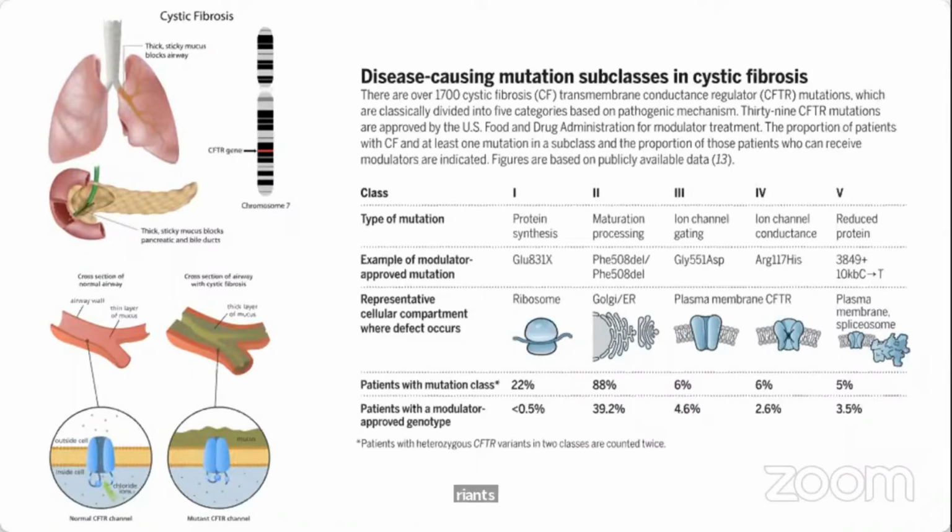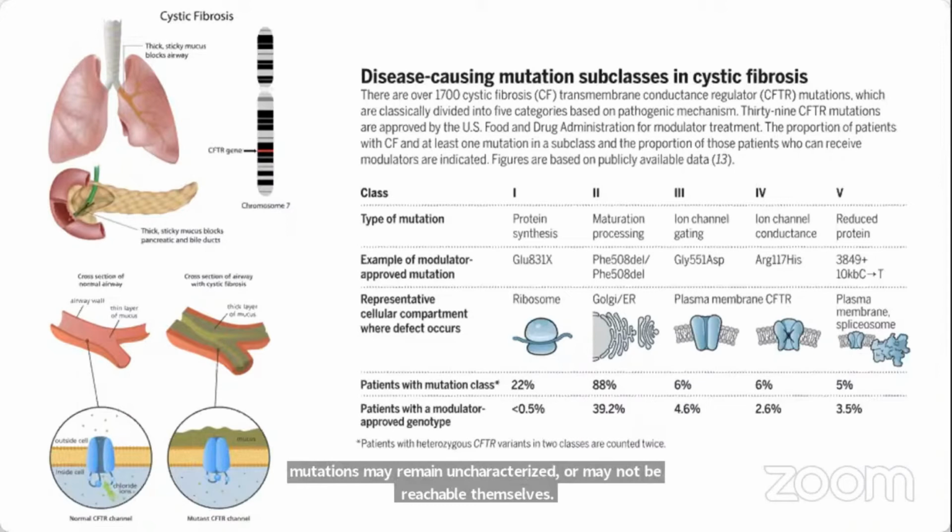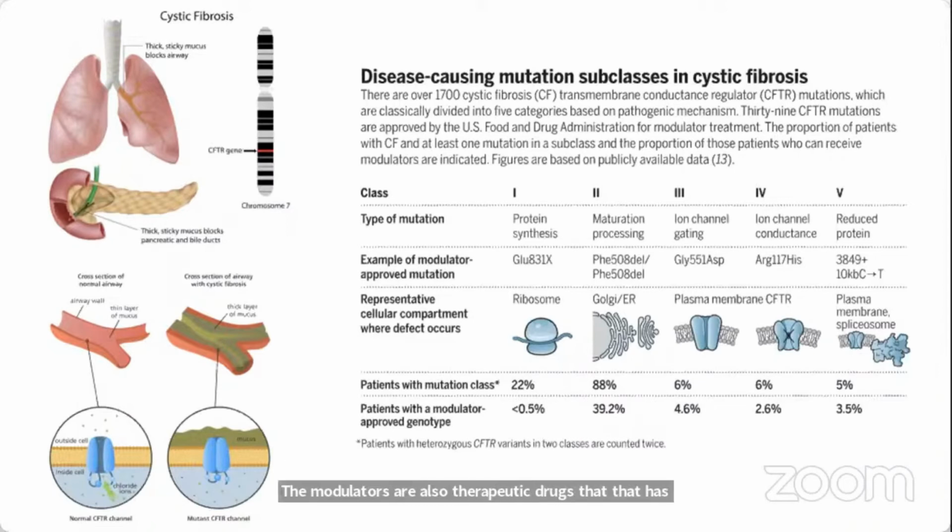Yeah, that's a great question, Komal. Why are only 39 mutations of CFTR considered for modulator treatment? Why not the other 1,700 mutations? We can only act upon those mutations for which we can successfully develop modulation. There may be several other mutations, and many of these may remain uncharacterized or may not be reachable themselves. The modulators are also therapeutic drugs that have limited reachability or limited functionality. One has to use only certain target mutations of CFTR. So that is why